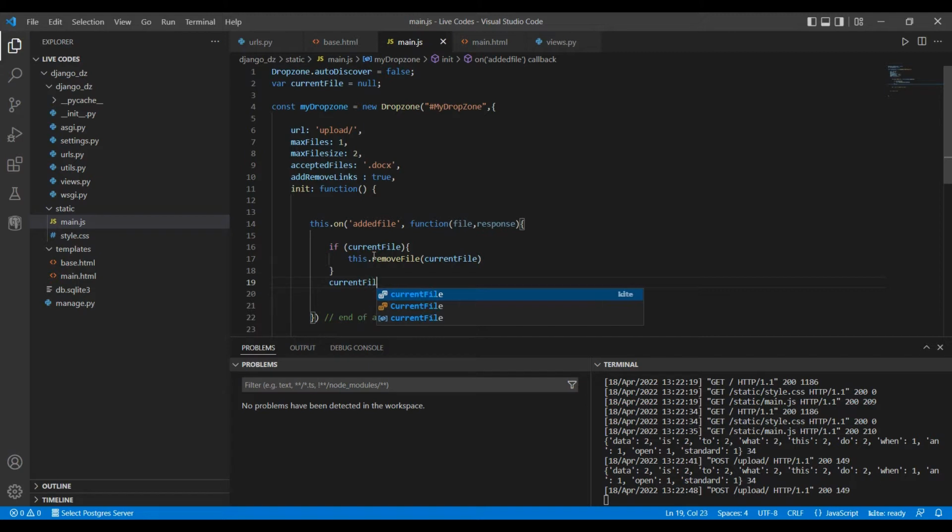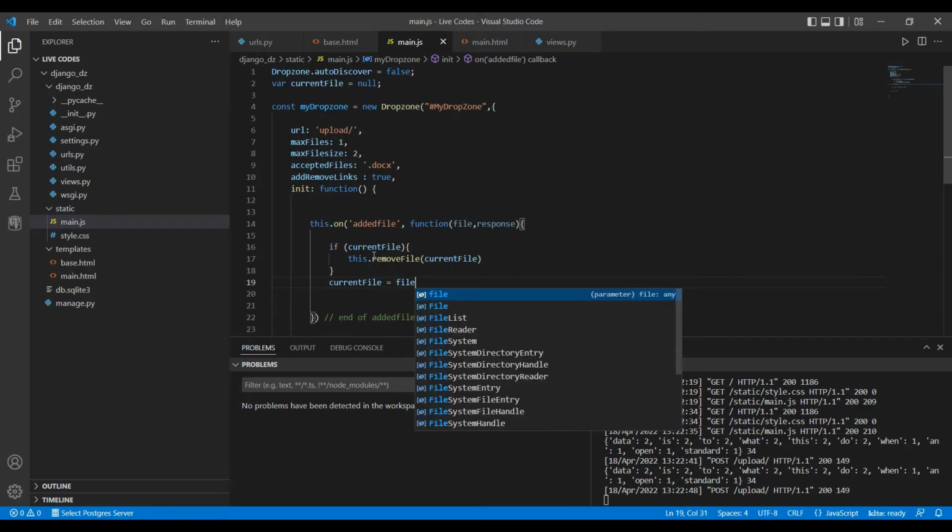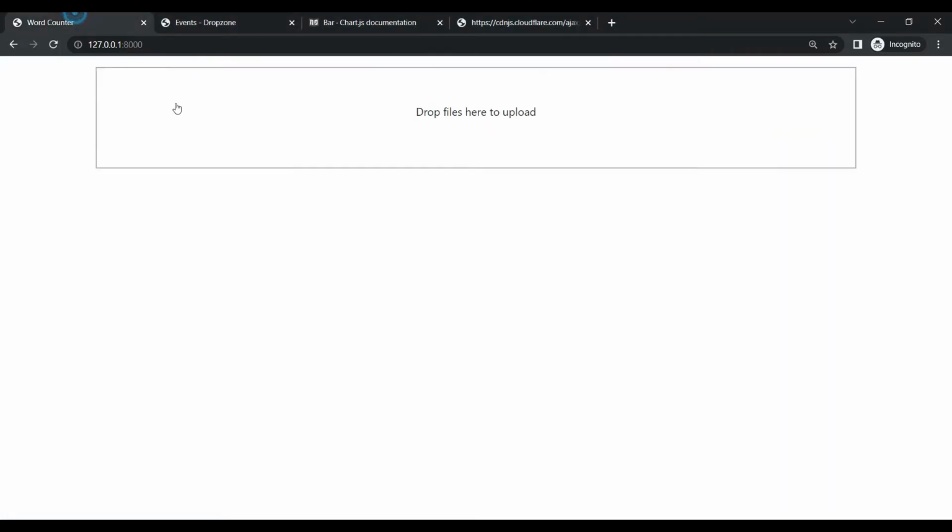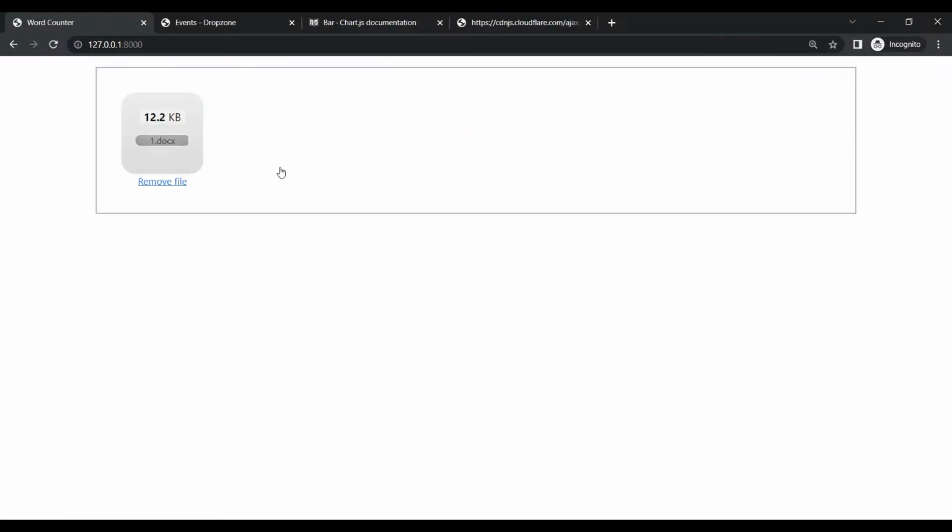So currentFile will be file. So that's all. Let's try again. Reload the page, try to upload, and now try to upload another,